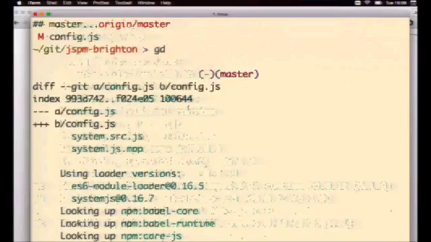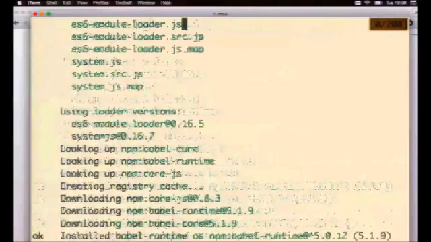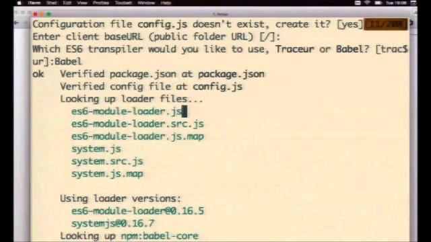What it's also installed, you can't quite see it, let's scroll over, these are the most interesting parts. It's installed a thing called System.js. System.js is a project by a guy called Guy Bedford, along with jspm. It's a universal module loader for JavaScript. What it means is you can give it a file defined in the CommonJS form, which is Node, the AMD form, which is something like require.js, or the ES6 module syntax, and System.js can just load them all in through magic and wizardry. It uses a thing called the ES6 module loader to load in its ES6 modules,